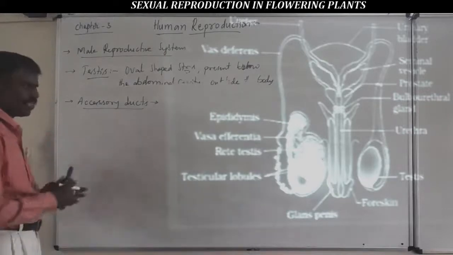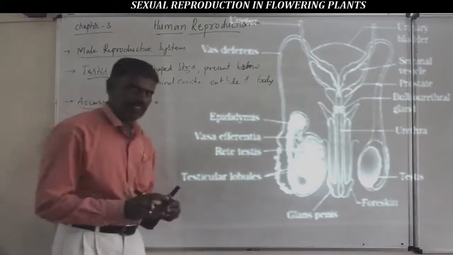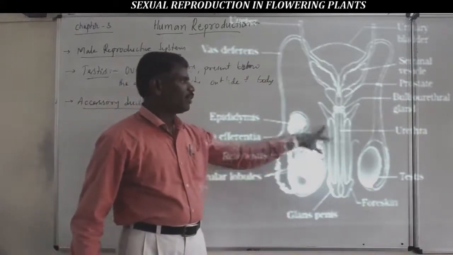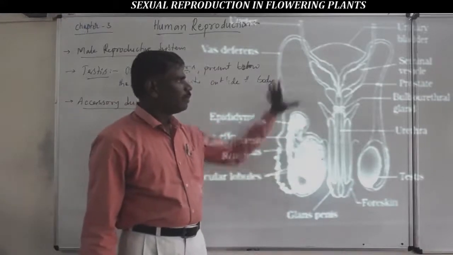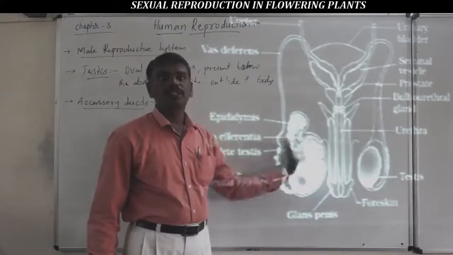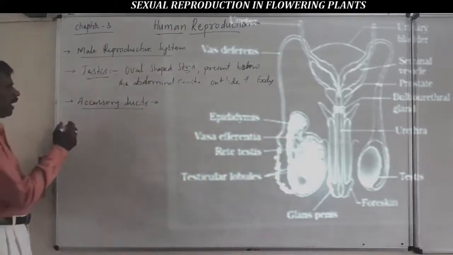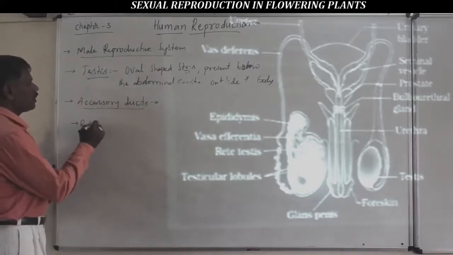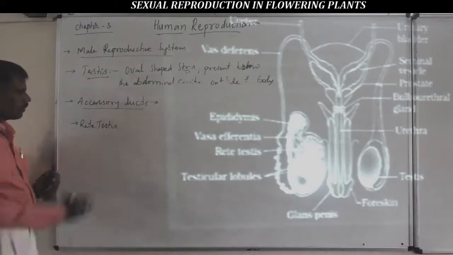The accessory ducts carry the sperms from the testis to the penis. The four accessory ducts are: the first, rete testis;